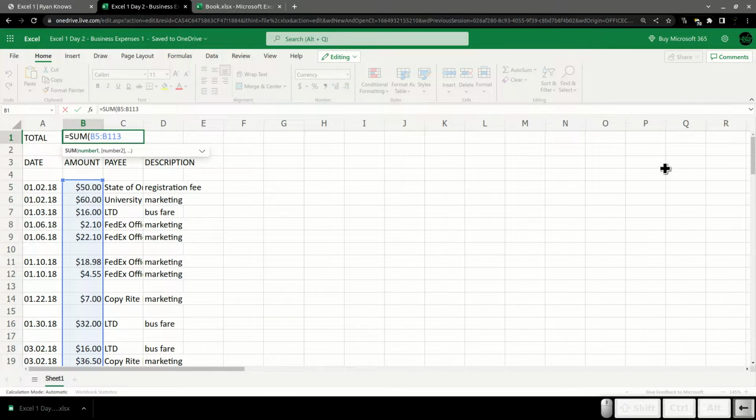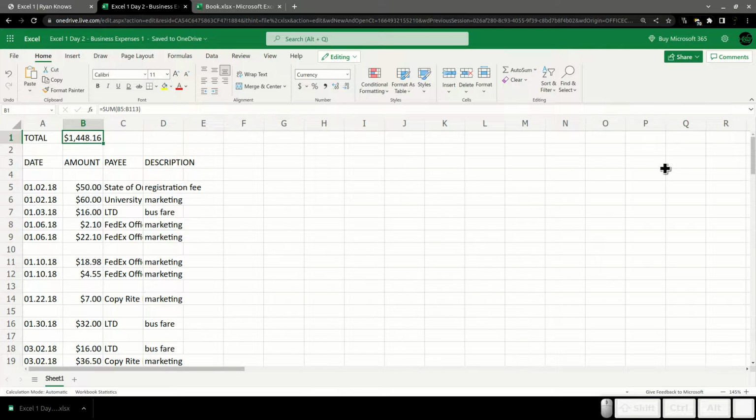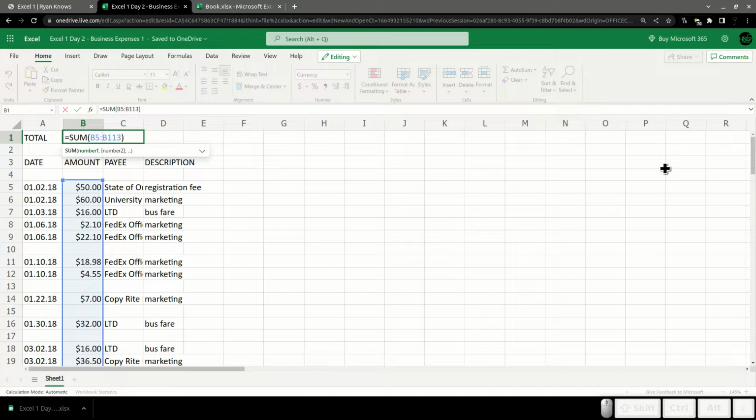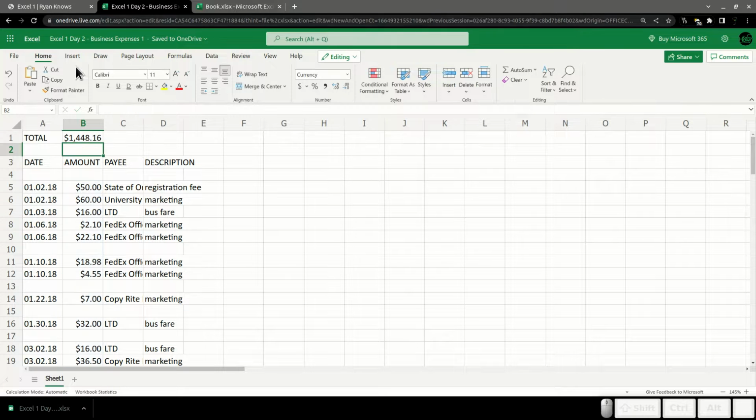What this colon does is it says instead of a single cell, it creates a range. So the first reference for your range is the upper left corner of your range, and the second reference is the lower right corner of your range. So you can select not just a single row or column, you can select a rectangular grid of items if you need to. In our case, the information I want is just in a single row, so this will do the job. And then, yeah, hit enter, and boom.